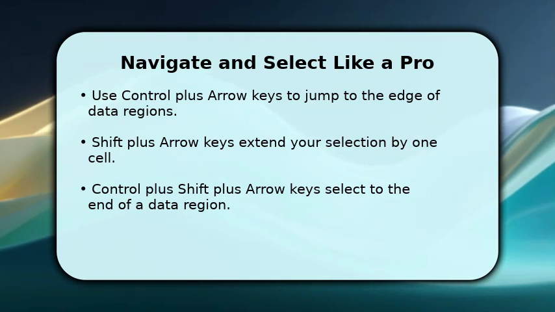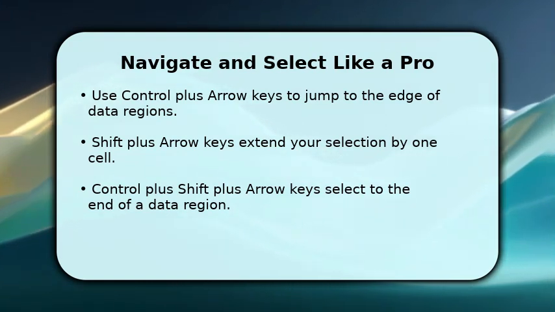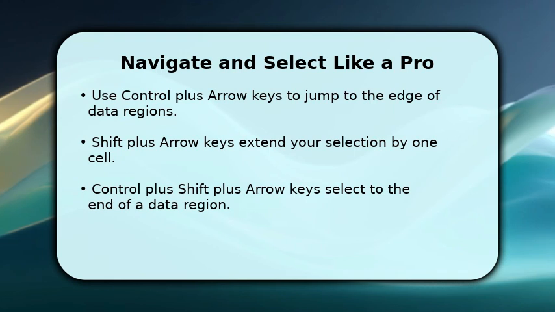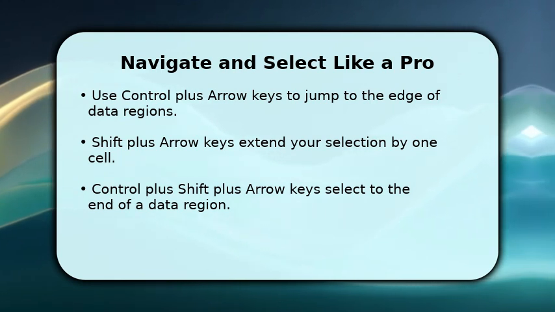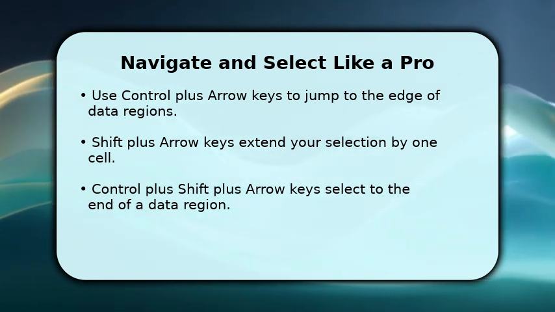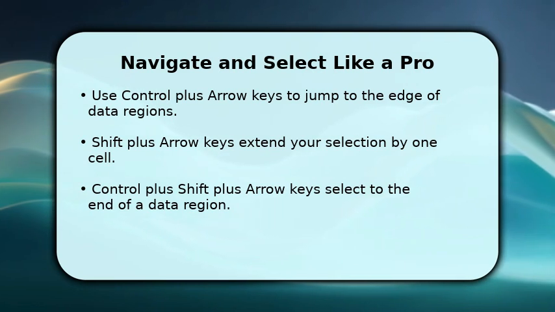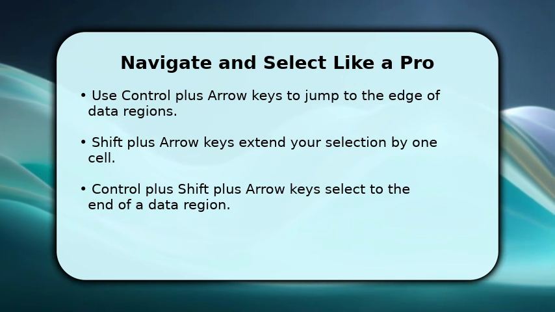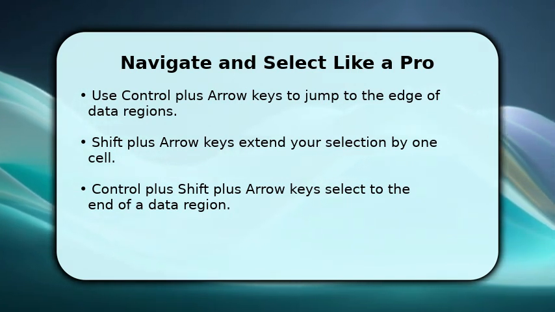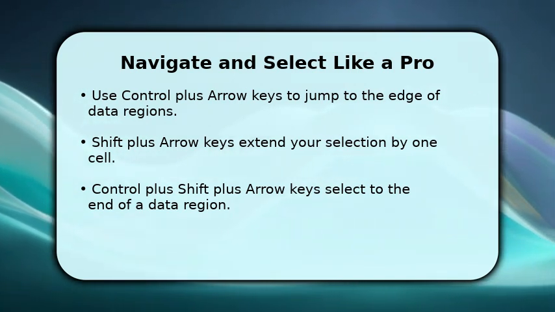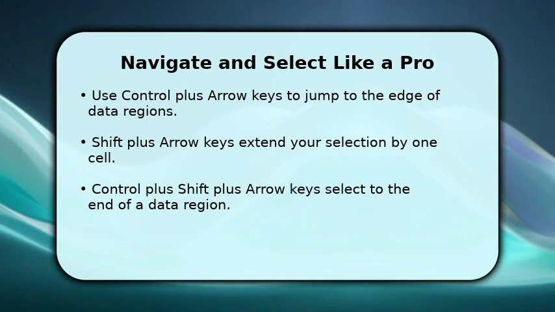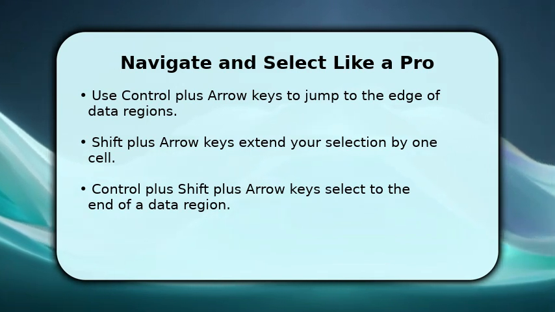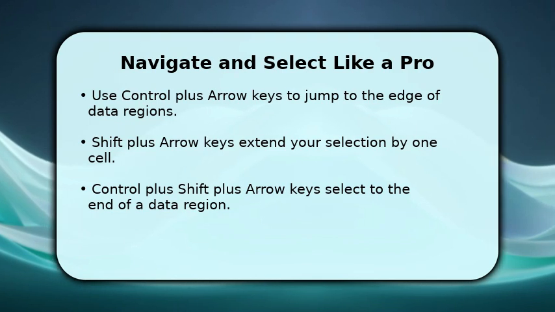Efficient navigation is key to mastering Excel. Use Control plus any arrow key to quickly jump across large datasets, reaching the edge of a data block in an instant. To select data, combine Shift with arrow keys for single-cell extensions, or Control plus Shift plus arrow keys to select entire data ranges. Remember, Control plus Home takes you to the very beginning, and Control plus End to the last active cell, saving